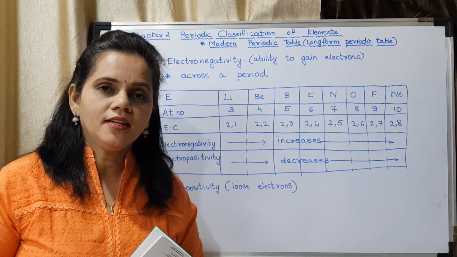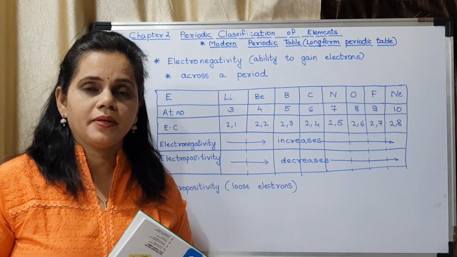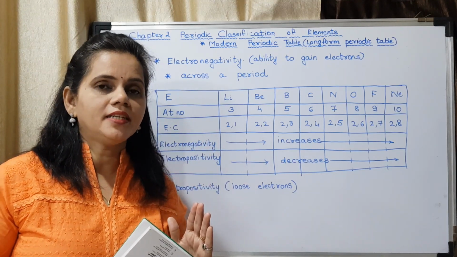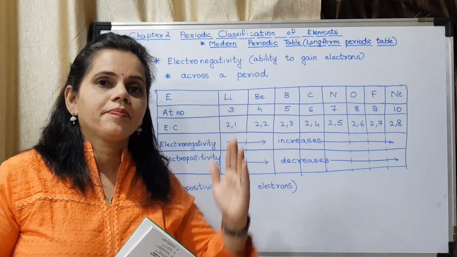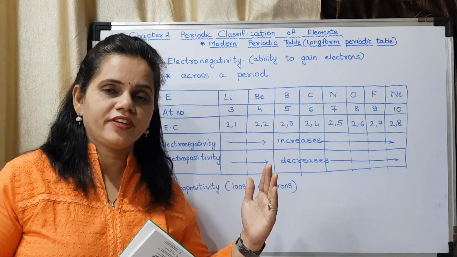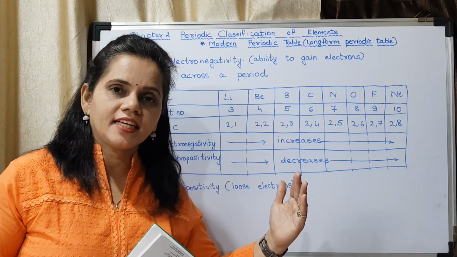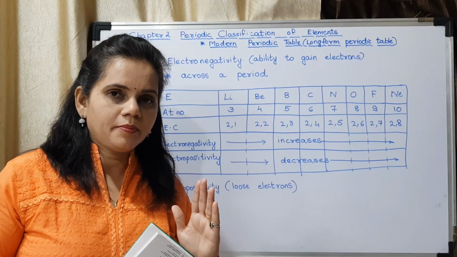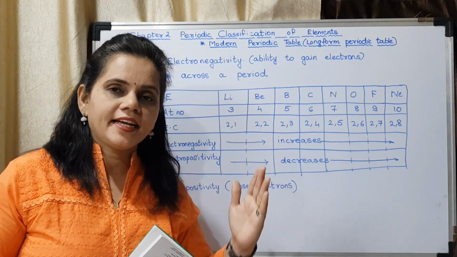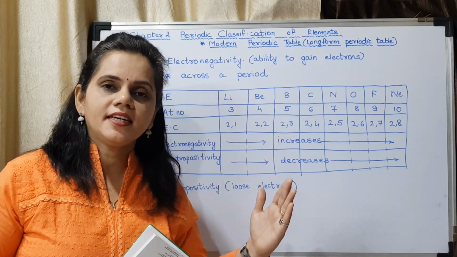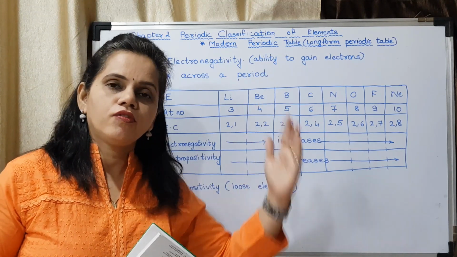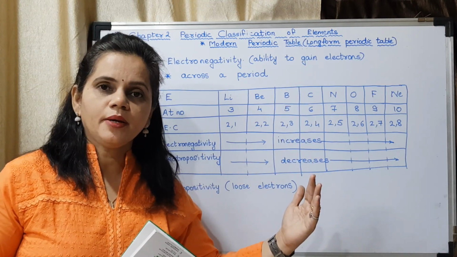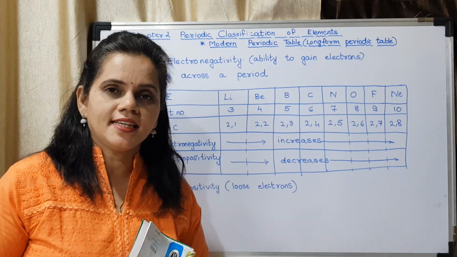You have to draw the table. I haven't given you the table. In the table you have to first write the name of the element, then atomic number, then valence electronic configuration, then valence electrons and valency. First the element, second atomic number, third electronic configuration, fourth valence electrons and fifth valency. Now I'll tell you what the valencies are.